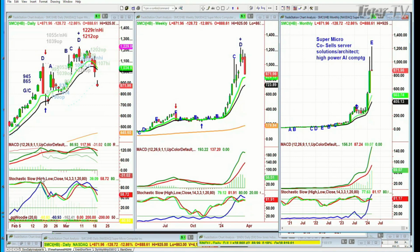I do remember in the year 2000 that I noticed the round numbers. I just don't remember anything like this. I just don't remember seeing anything quite like it. It might have been there, I just didn't see it. Here I am seeing it. So if you're looking for a trade, have the tightest stop, because if it takes out the round number low,